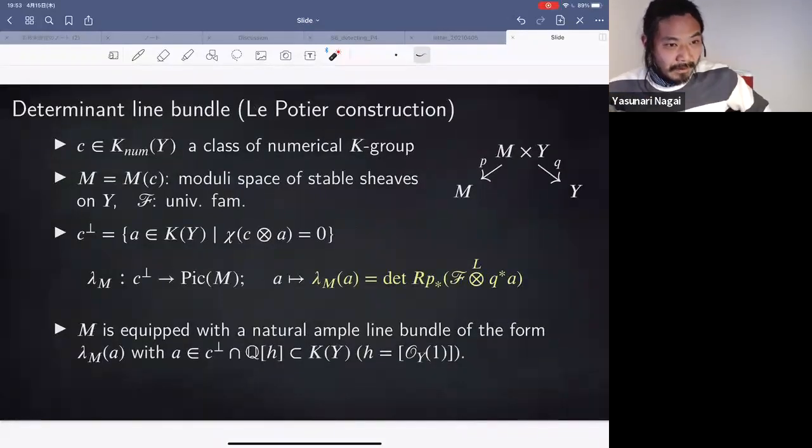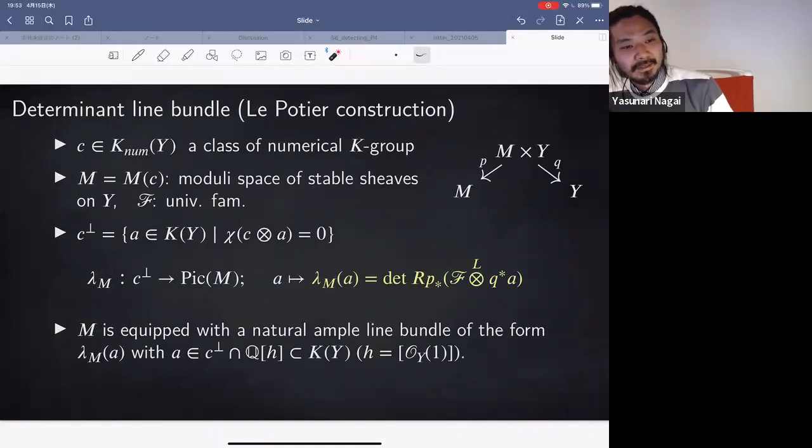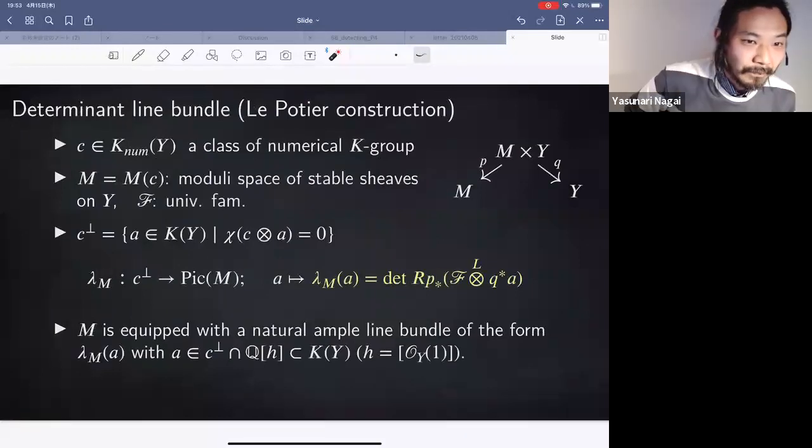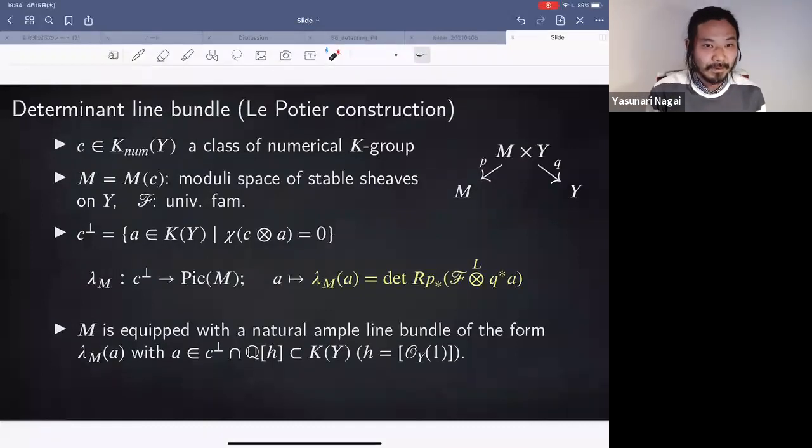Okay, so let me review the determinant line bundle business. This is the so-called Le Potier construction. So we start from